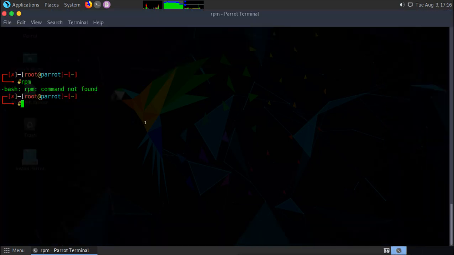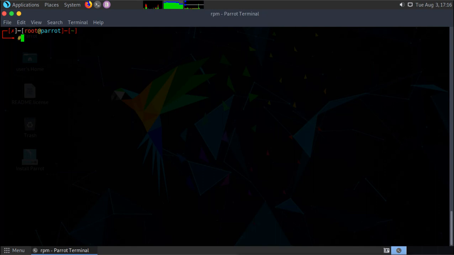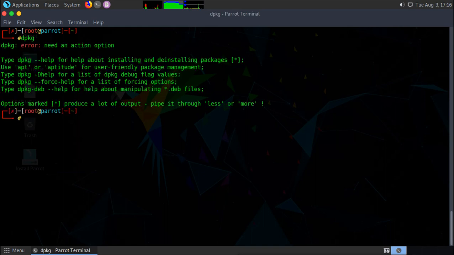It is Debian style. When you use the dpkg command, it works here. It says the command is there, I have just not given the right options. So the dpkg command works under Debian style machines, and RPM is for the Red Hat machines.